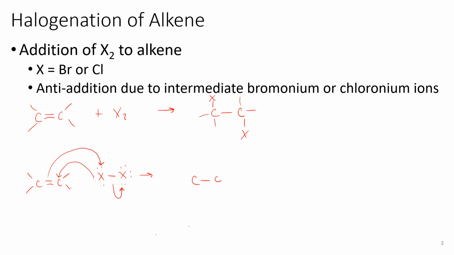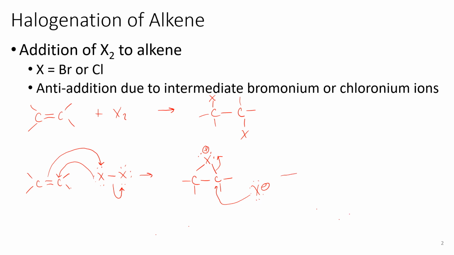So the intermediate that we end up generating has the halogen as part of a three-membered ring. It has two bonds associated with it and two lone pairs, which gives it the positive formal charge of 1. So this is that bromonium or chloronium ion intermediate that we referred back to. So you'll notice because of that three-membered ring, it basically blocks one side. So when the second halogen, the halide, comes in as the nucleophile and attacks,